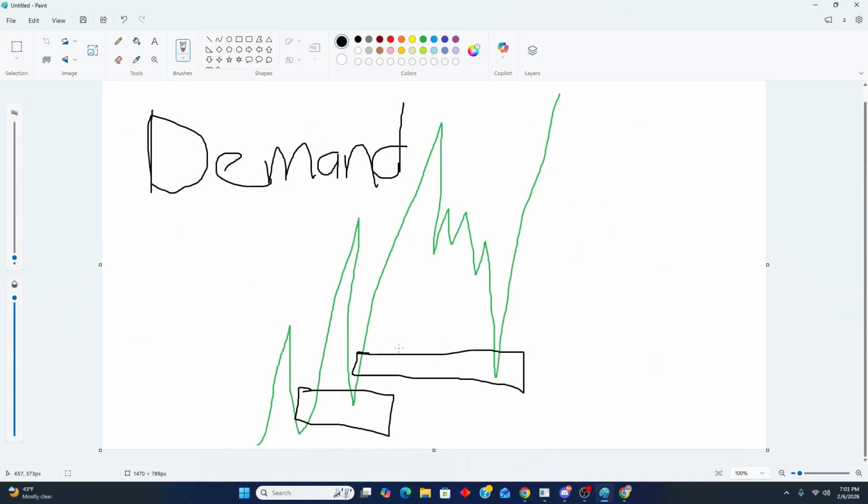What is a demand? Demand is an area where buyers step in aggressively and push price up. When price is falling, buyers entered strongly, sellers couldn't keep pushing down, price exploded upwards. That's what a demand basically is in definition. Demand creates a strong upward move. So from here, price came, pushed up.